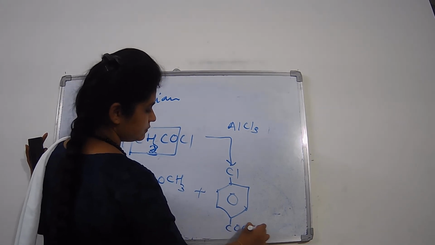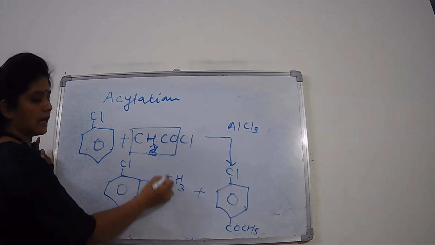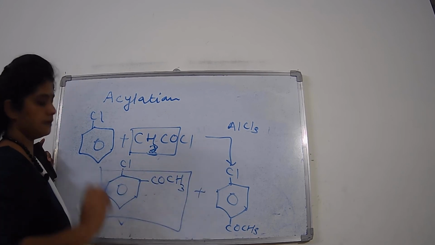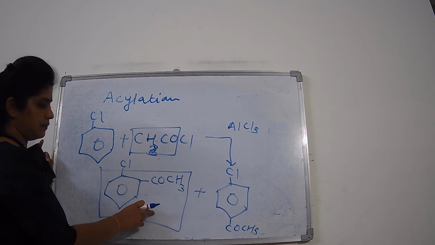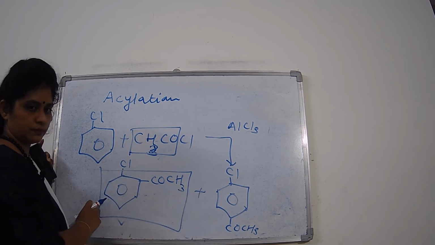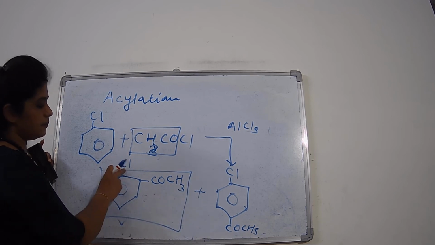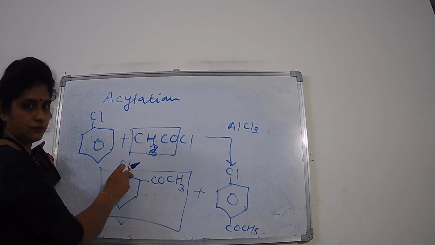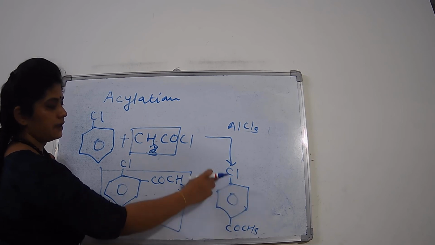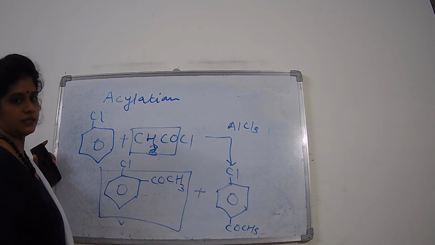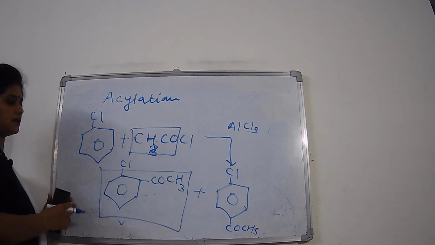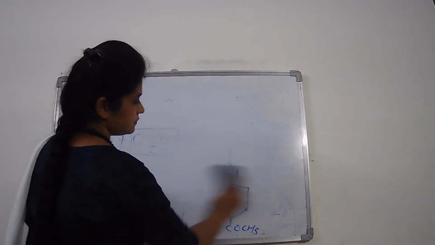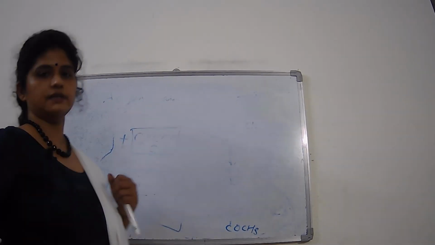So what is the name of this compound? Yes, this is a carbonyl group. This is a ketone. So this is the main compound, acetophenone, and the chloro group is attached at the ortho position. We call it ortho-chloroacetophenone, or we call the other one para-chloroacetophenone. So these are the five electrophilic substitution reactions which are carried out by the compound chlorobenzene.